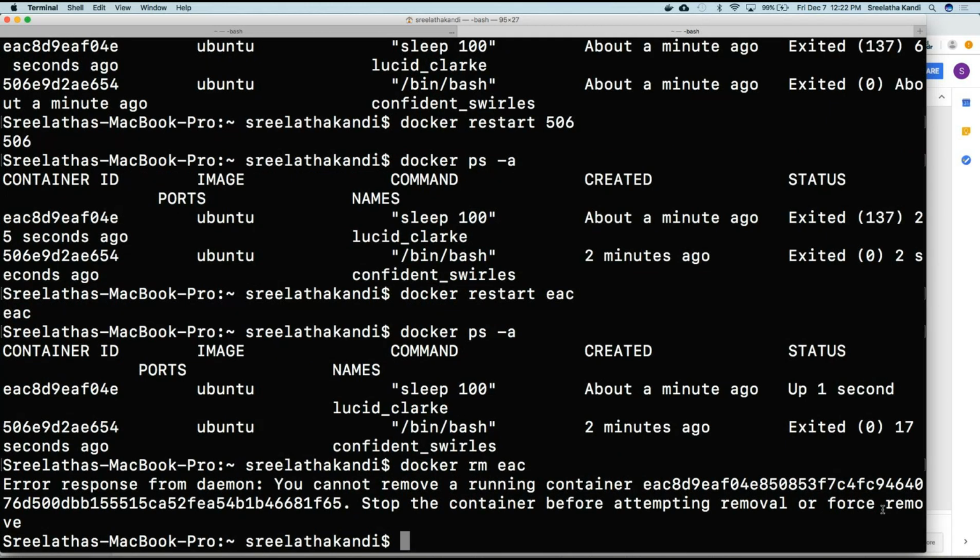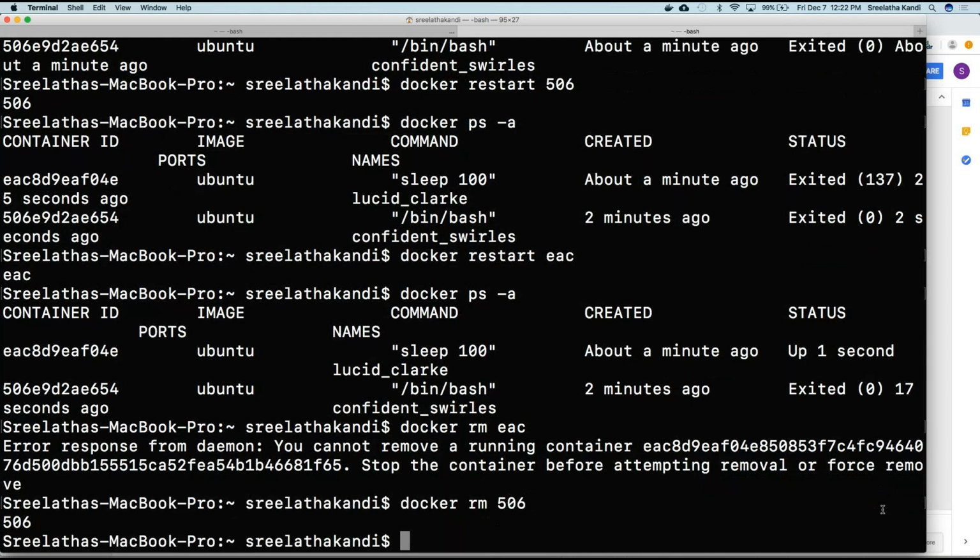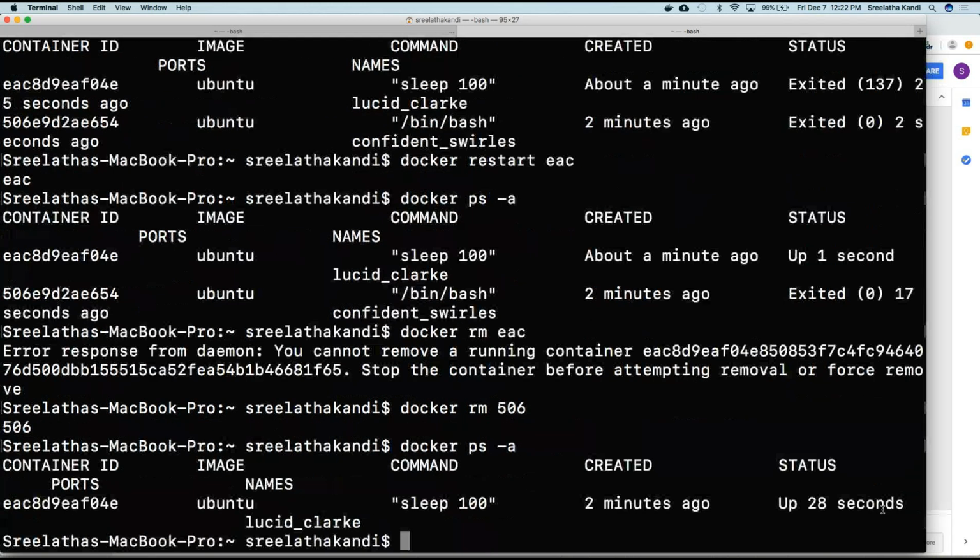Okay, I cannot remove a running container. So this is removed. If I look, there's one container that's still running and the other one got deleted. Now,